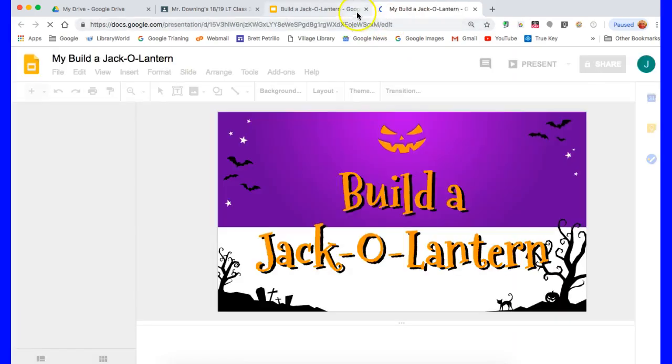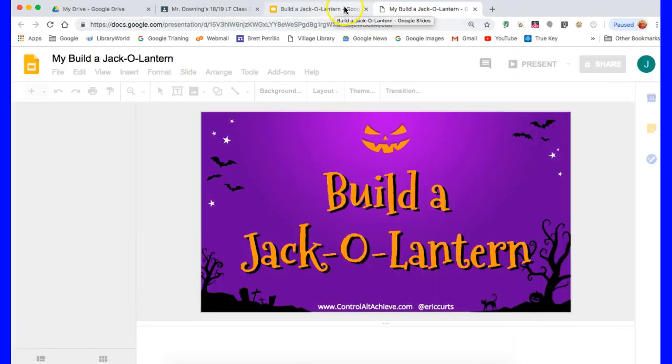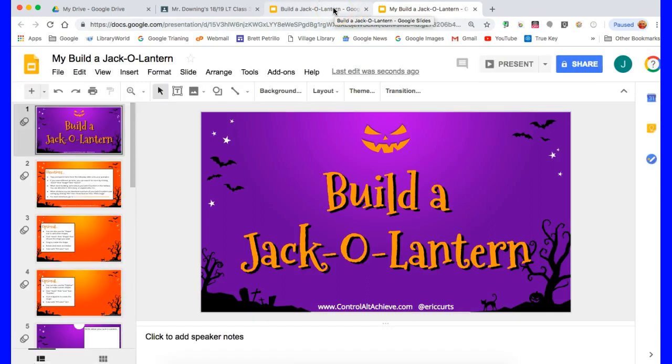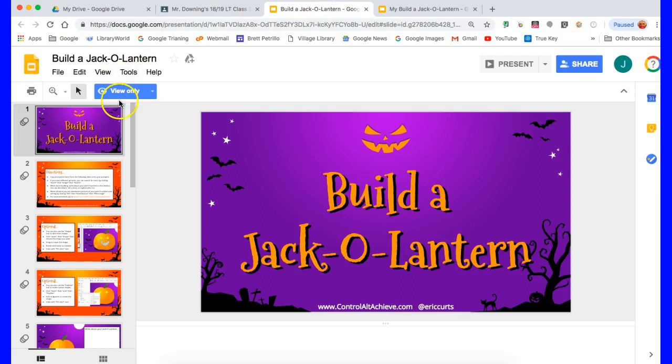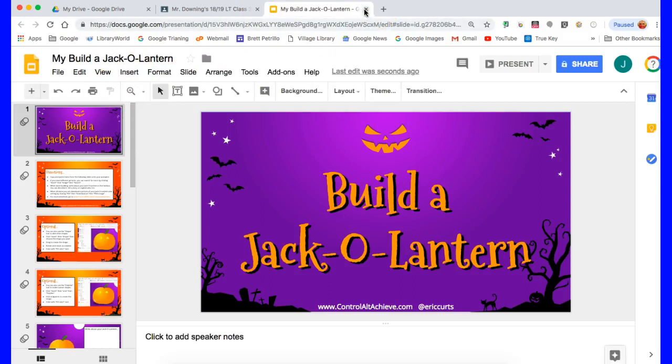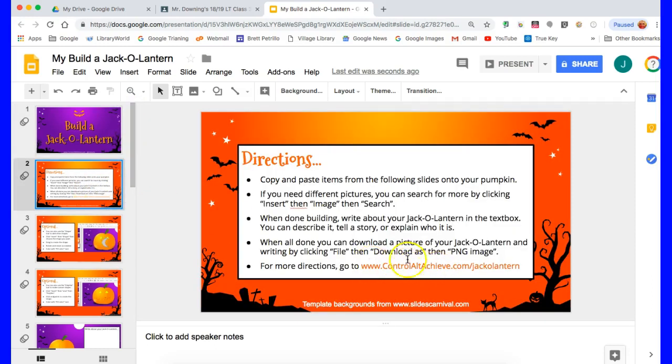Now up in my tabs, I now have the original Build a Jack-o'-lantern. If I click on it, it says View Only. I really don't need this, so I'm going to close it. Now this one, I can edit it. It does not say View Only. So this comes from Mr. Eric Kurtz and his website,